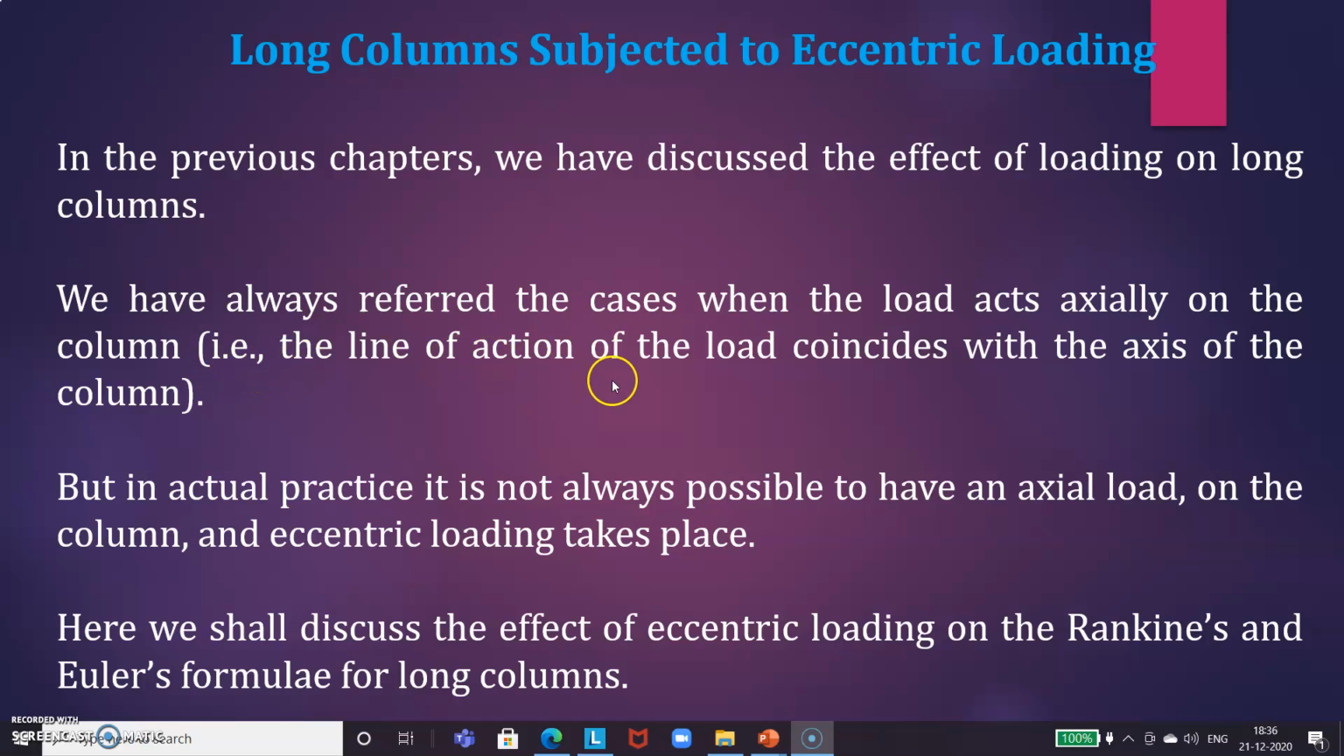In many cases, we have referred to when the load acts axially on the column. That is, the line of action of the load coincides with the axis of the column, means the load is acting exactly at the axis center of the column. But in actual practice, it is not always possible to have an axial load on the column, and eccentric loading takes place. Here we will discuss the effect of eccentric loading on the Rankine's and Euler's formula for